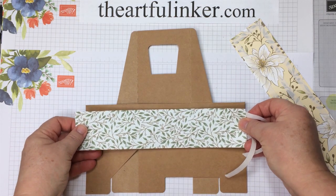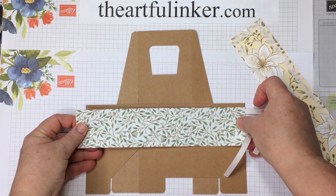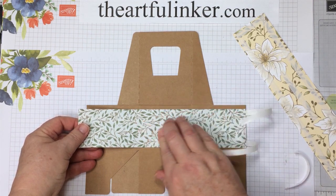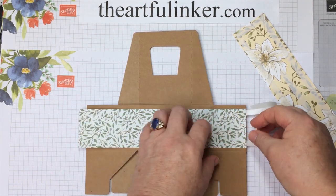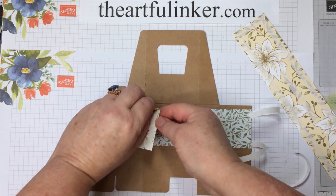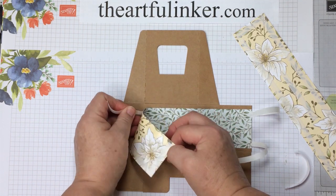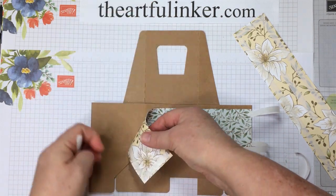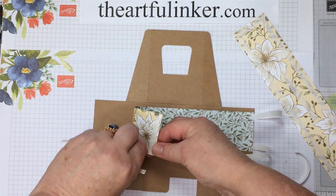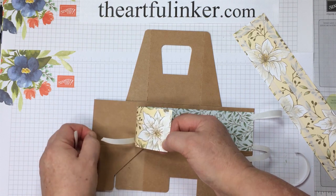So let me find my score lines here and bring this all the way up to the edge of the long section and just push that down. And then we're going to pull the backing pieces off now on this other half that goes on out the short section. There's a score line here on the carrier, and the reason for doing that is I want to wrap the short section